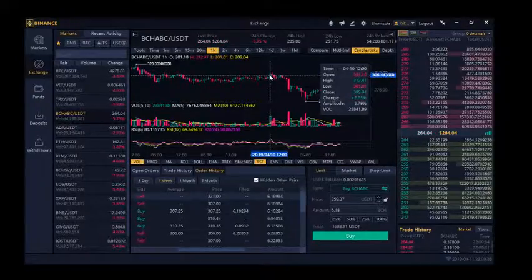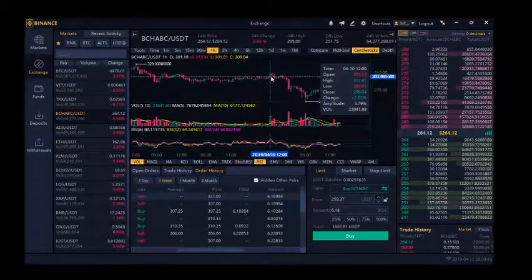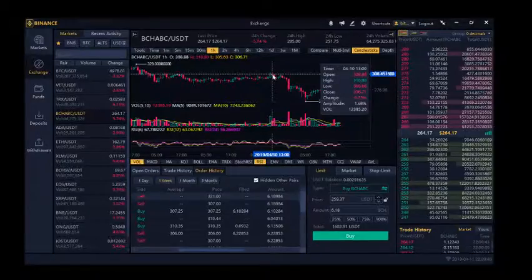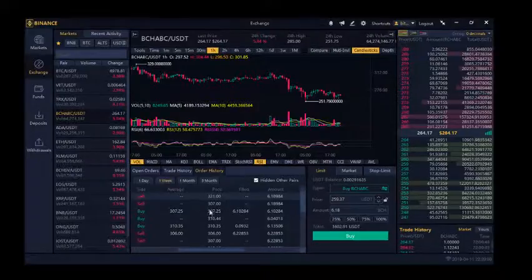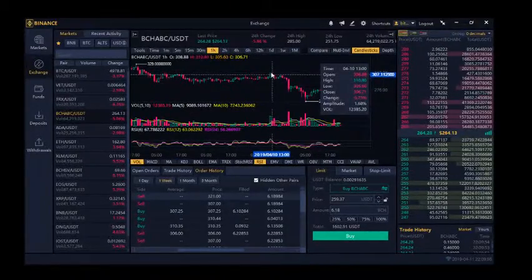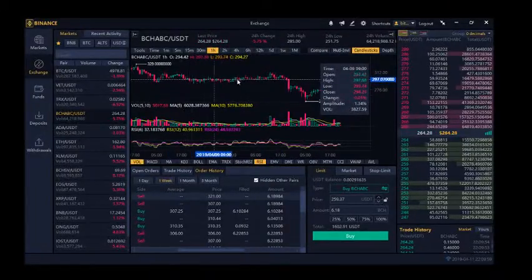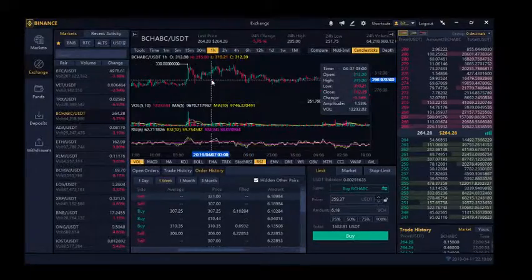So when this little small pump happened, I expected it to definitely go down a little bit. Or not expecting it, but there was a chance of it going a little bit back down, and I was okay with that at 307. Every candle is 1 hour, so for almost 2 days it was constant at about 301 to 305, go up to 305, drop back down, and so on. So I was waiting for a point for it to break